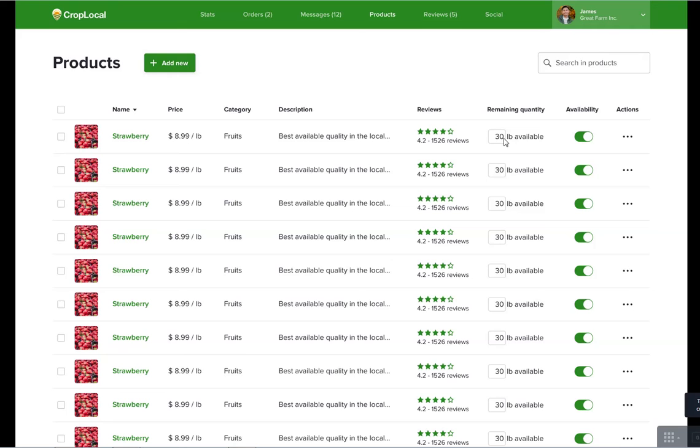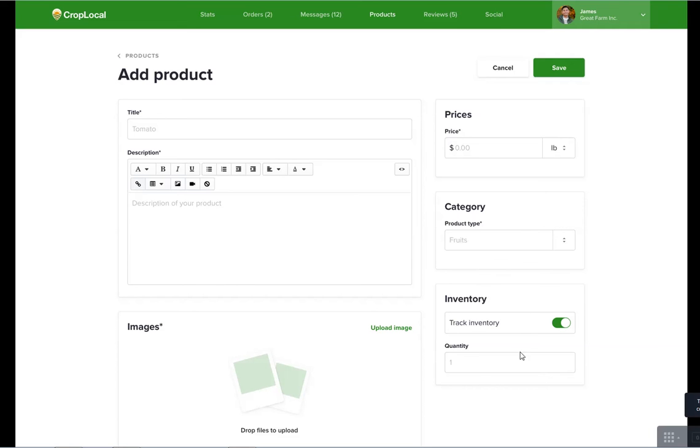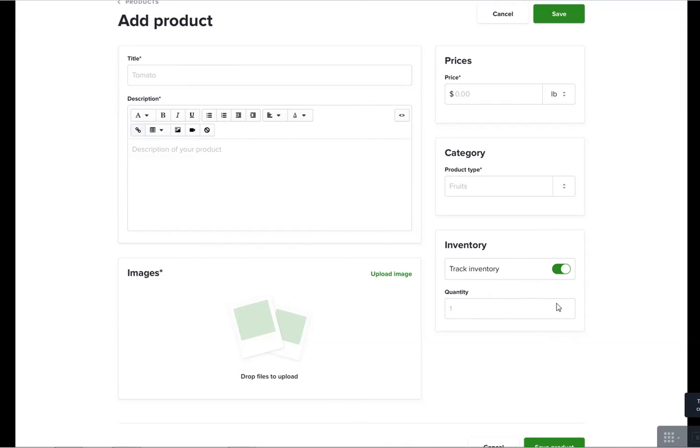The quantity will actually tick down with orders that are made. So if you only have 30 heads of lettuce, because that's what you harvested this week, and 30 heads of lettuce are purchased, that will tick down with the orders, and then it will toggle the availability off for you, so you don't have to have sales of products that you don't have. But you can choose whether you want to actually utilize that functionality of tracking inventory. If you go into the actual product page where you create it, you can choose whether you want to track